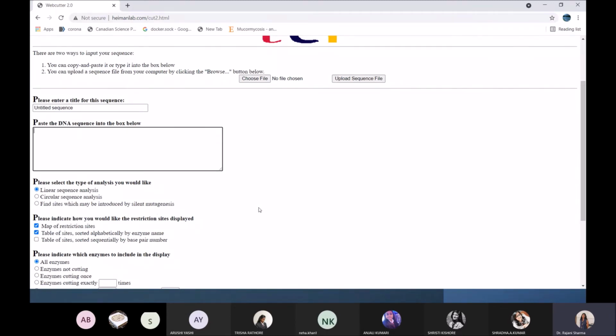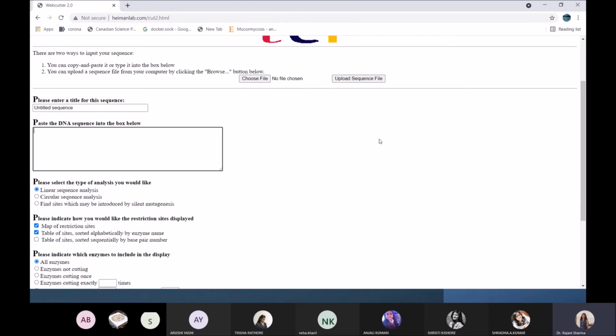So whatever your desired characteristics, you are going to do that. What are your requirements? In what form do you want your results? You just want a mapping of the restriction sites, or you also want the restriction sites in tabular form, because from a linear graph it will be difficult for you if the sequence of the gene is very long.